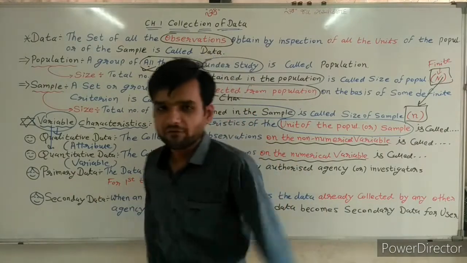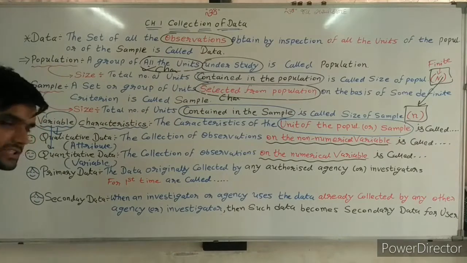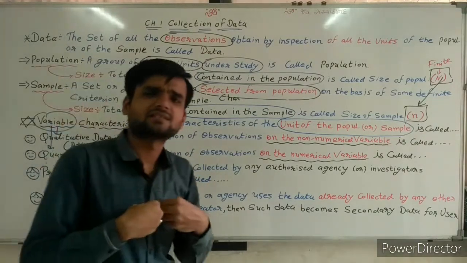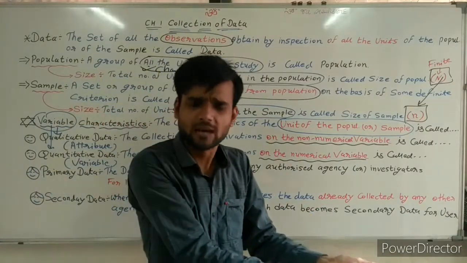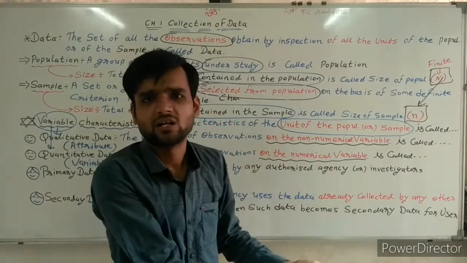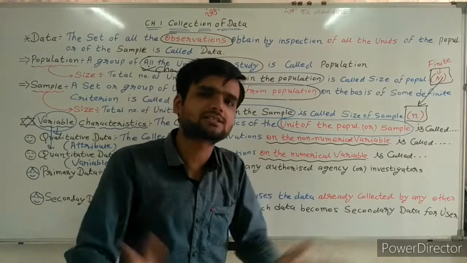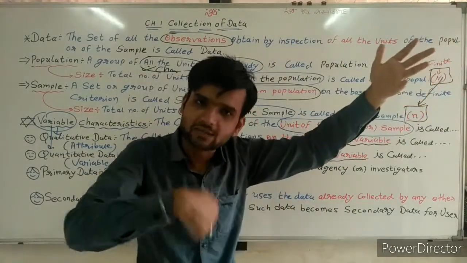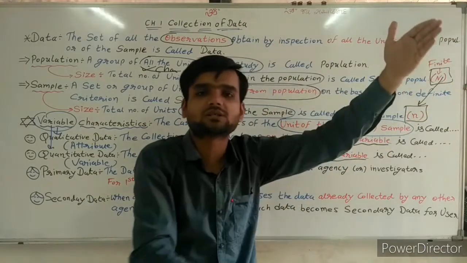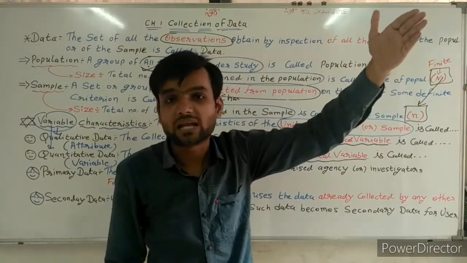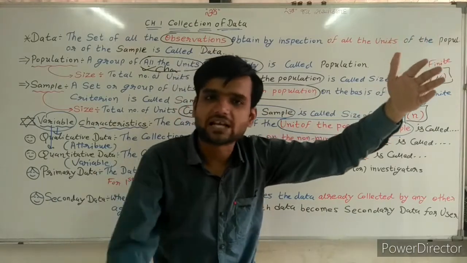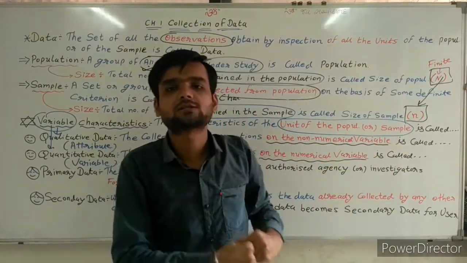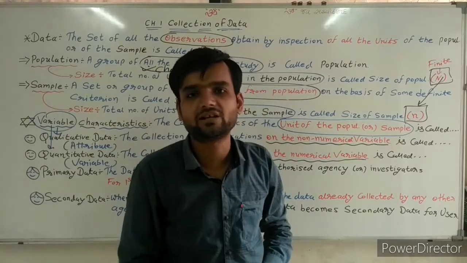So definition of it. This is the main difference between two. Primary, first time collected. I am collecting directly by inspecting particular area, inspecting population or sample, whatever is there. If anybody has collected and I am taking information from that particular person, then it is not a primary. It's a secondary, becomes the secondary, collected by other, and now I am collecting from that particular person. That's why it's a secondary data.